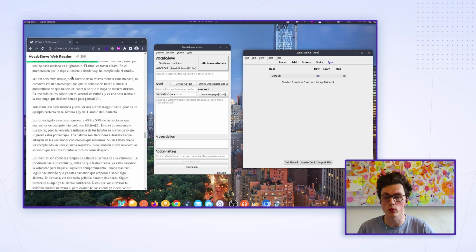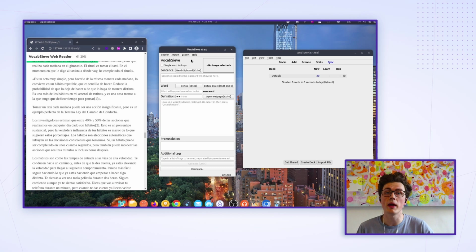If you're the kind of person that reads at your computer, or you have PDF files or anything that you want to import, this can be a fantastic way to make it even easier to use this tool. Those are the main workflows that I'm going to show in this short tutorial, but like I said before, because it's just text, literally anything you can copy with your mouse will work. I highly recommend that you push it to its limits and see what it can do. What do you have to lose?